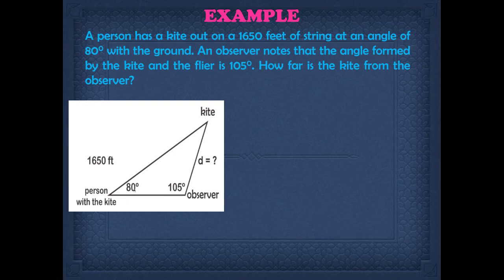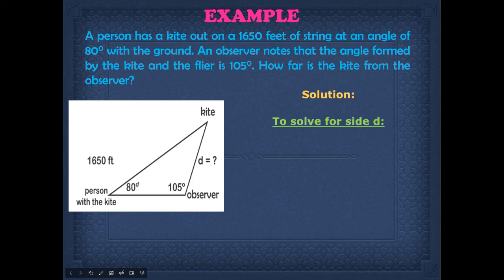So this is the angle formed by the string with the ground, 80 degrees. The angle formed by the kite and the flyer is 105 degrees. This is the observer. The question is, how far is the kite from the observer? So this is the kite, this is the observer, and we're going to solve for this. So what's the distance from the kite to the observer? Now to solve for side D,